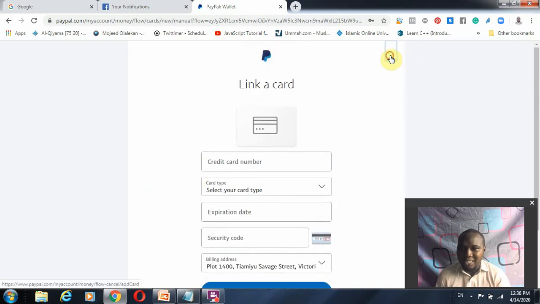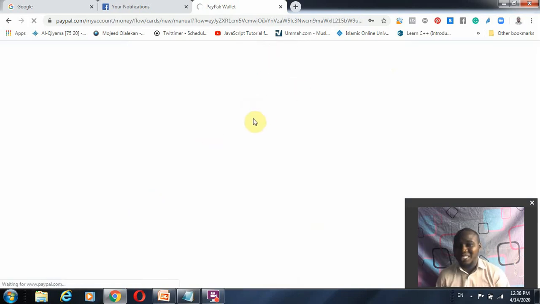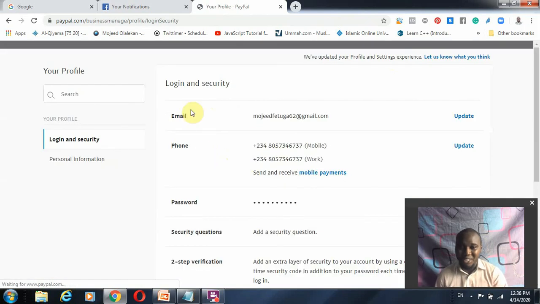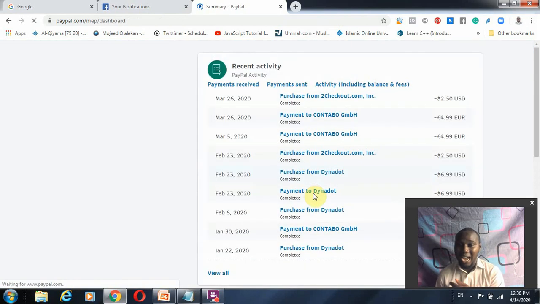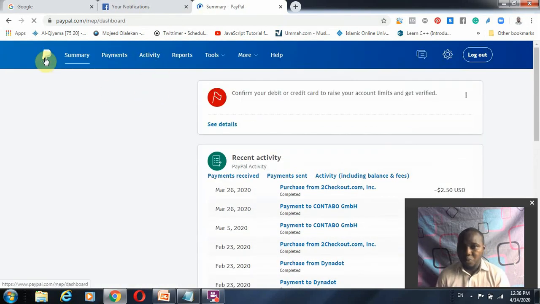Now once you link the card, it's going to verify the card by deducting a dollar from your account, and it's going to refund that amount as soon as possible. So the most important thing is just to link a card with your PayPal account.